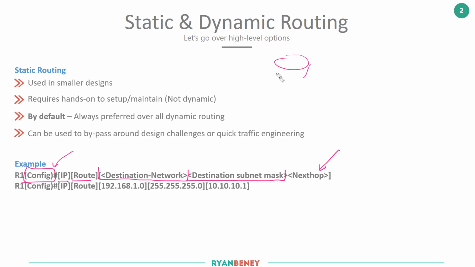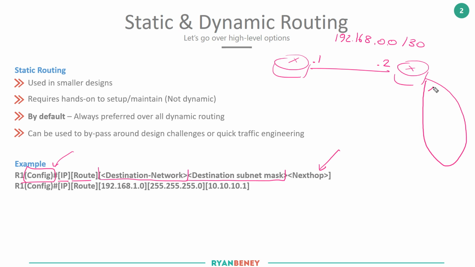So if we have two routers, and these two routers are connected through a network, let's say 192.168.0.0/30, here is .1, and here is .2, and behind this router we have, let's say, 10.0.0.0/8. Well, we can go onto this router and we can simply say IP route